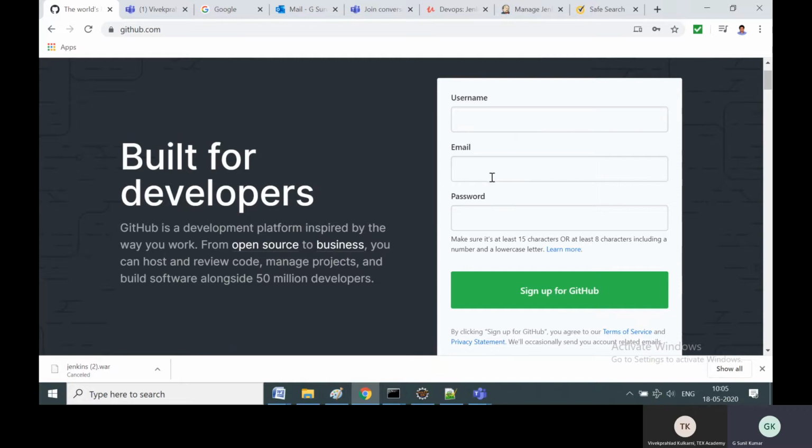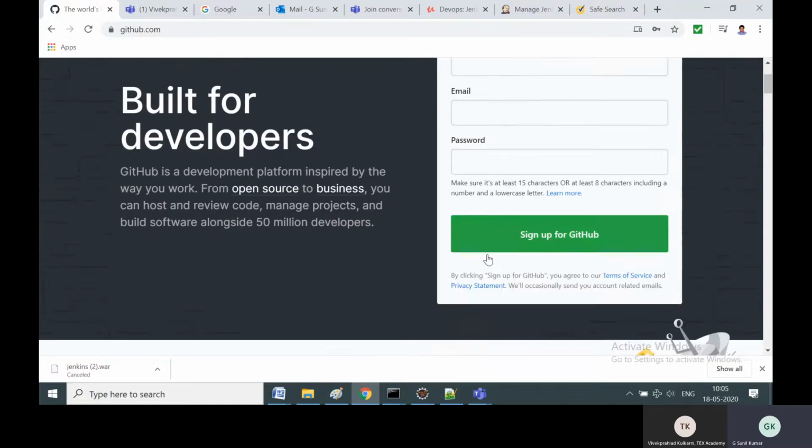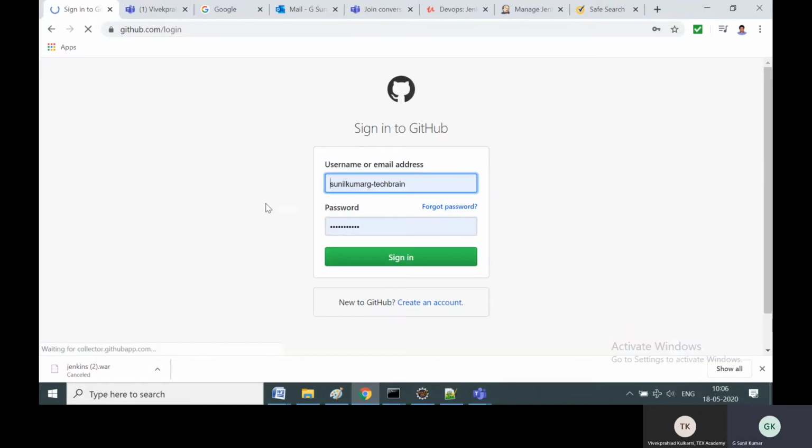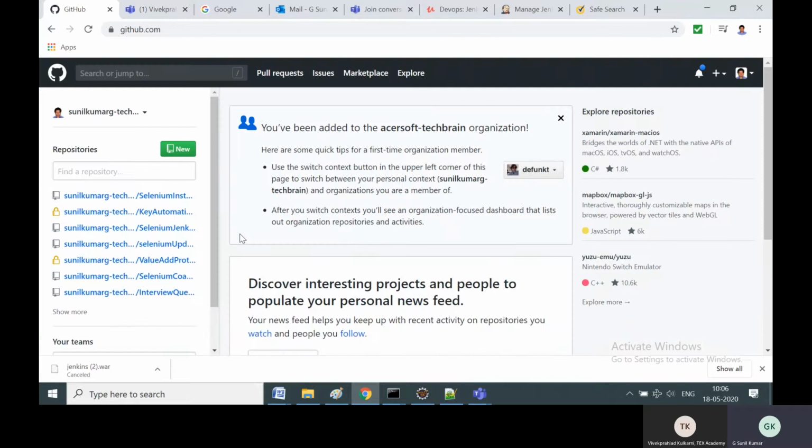And once your email gets a verification link, you double click that and you have username and password set. Now you can come back and click sign in, and you can enter the username and password which you just created. And if you click sign in, you will get that GitHub account. So creating a GitHub account is just a matter of 5 minutes. Within 4 minutes, you can create an account, verify the account, and log in back to the GitHub account, guys.